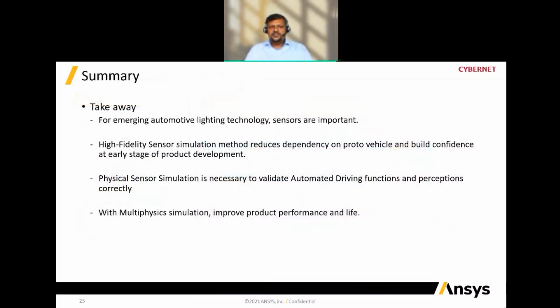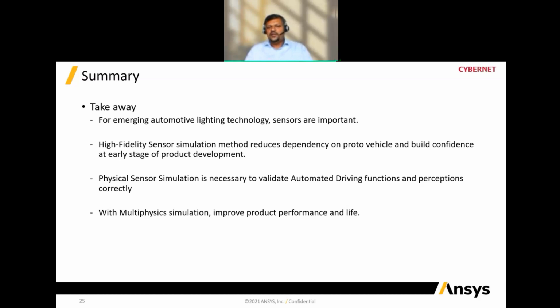So with this, the summary is basically to see how we can use these simulation tools for lighting and for the sensor simulation. And here we are considering all the physics properties of a material. So we have a methodology to capture the reflection property of a material or the transmission properties. And also we have a huge library which can be applied onto different objects, and then solve all the equations to see finally how much light is coming back to the human eye or to a sensor, and we can easily identify whether